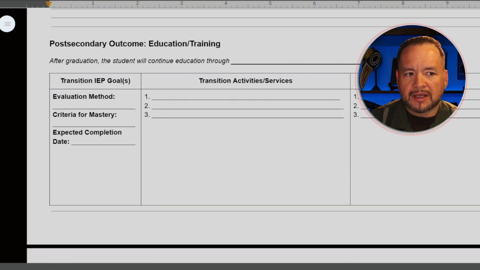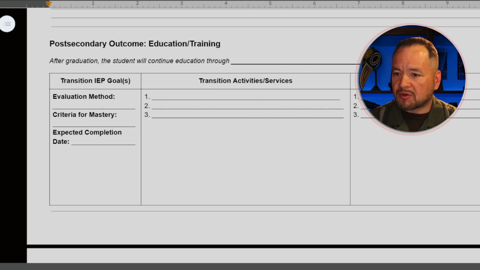So in the next section, the education and training, this is specifically what post-secondary school, be it a technical school or be it a college that your son or daughter might attend in order to achieve their career goals. And this is a federally required section, but often the goals in here are very vague. They aren't always written in a way that is measurable or that is time sensitive. So you'll see the same goals kind of pervade every single year. If they add a goal on there for one year, you shouldn't see it the next year. These goals should build upon one another.